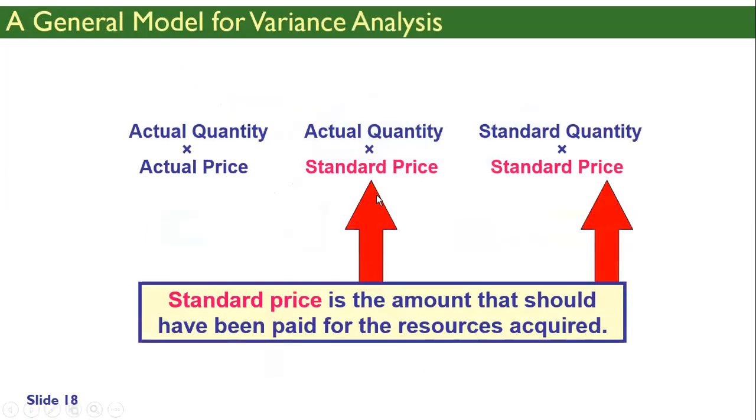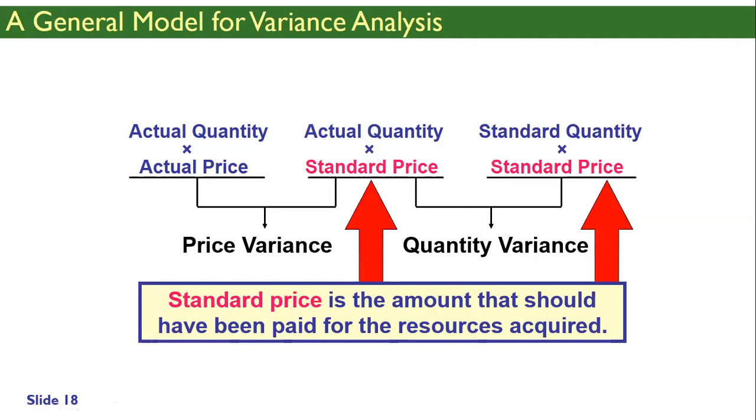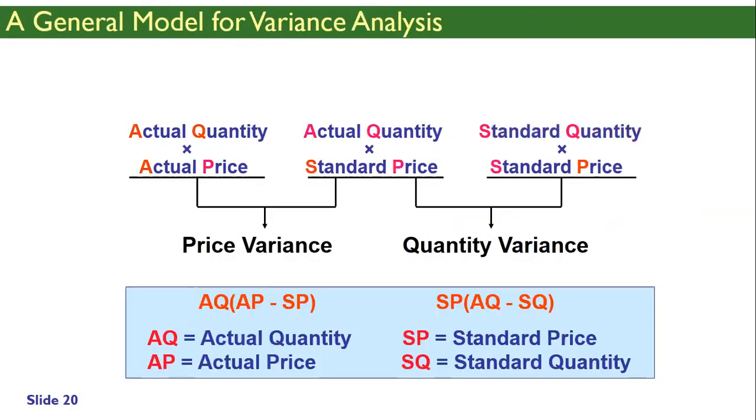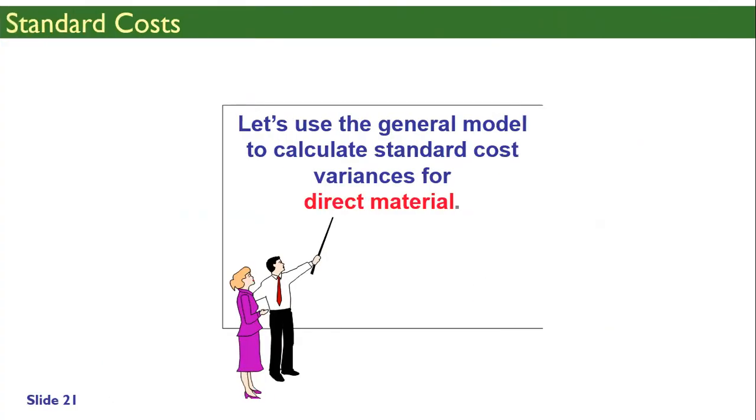So there are some formulas which are given in the book, which are also given in my slides. For example, they use these formulas. I will not use the formula because there are 20 variances. So it is actual quantity times actual price minus standard price. Forget about these formulas, okay? We will be doing it not with the formula, we will be doing it logically.